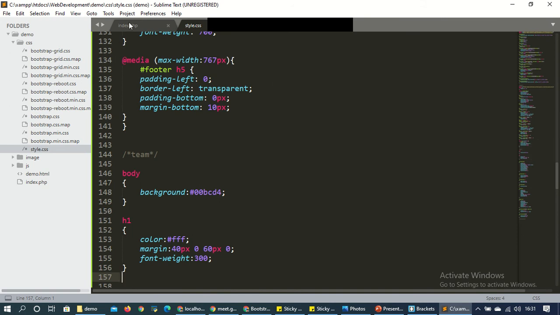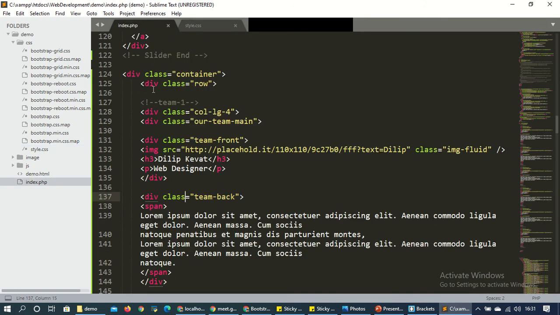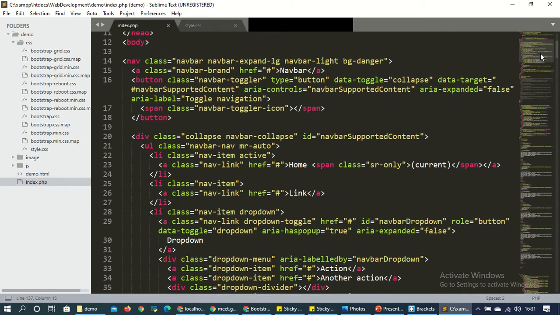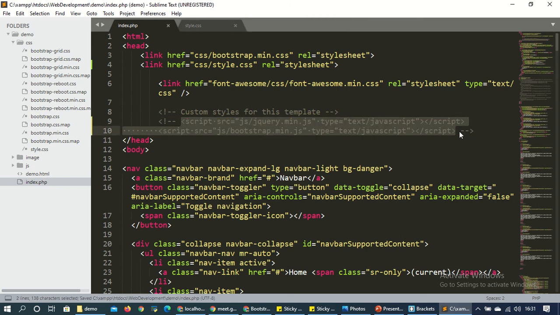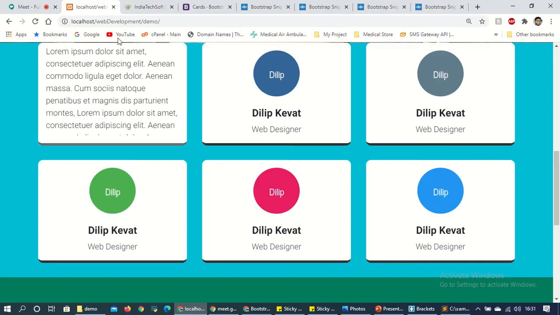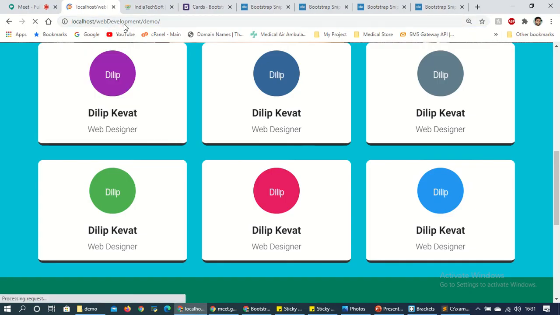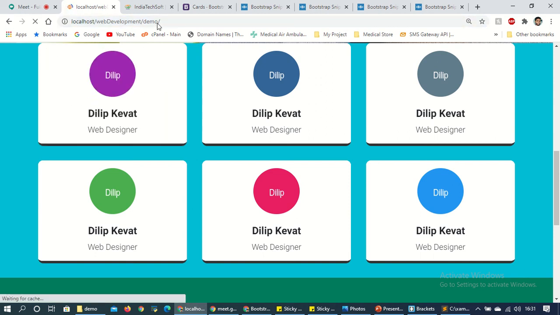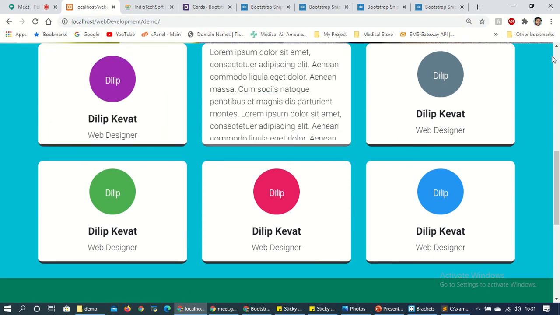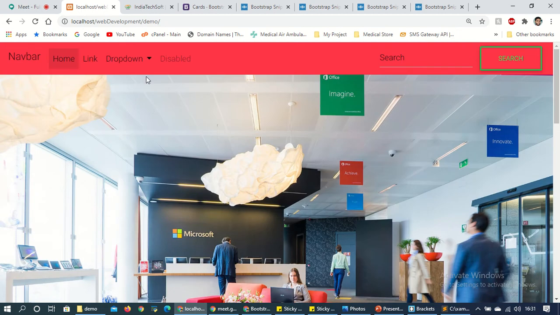If I remove one from the top here, if I comment this one out, now see, it's not working.